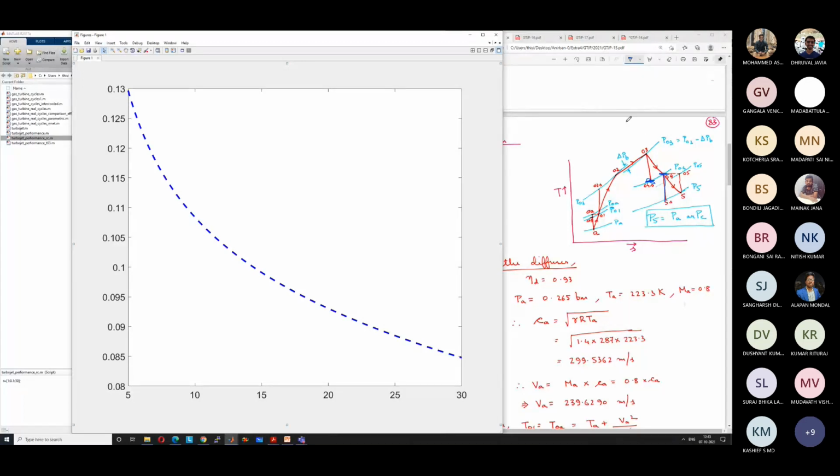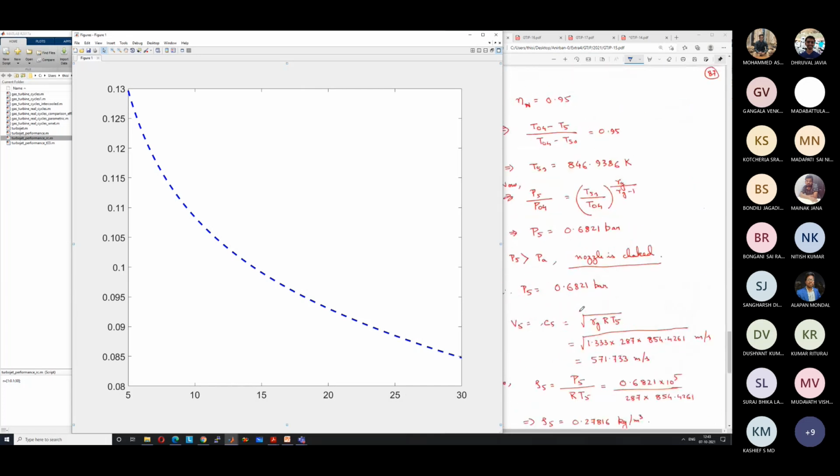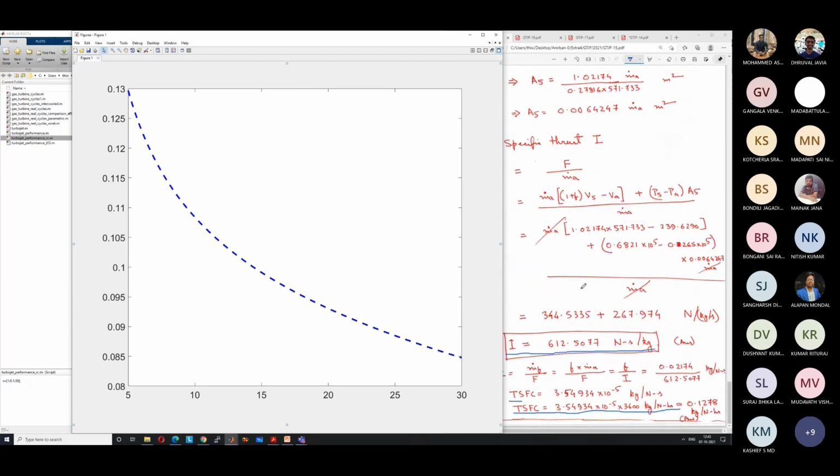So nowadays, typical turbojets actually operate with quite a high compressor pressure ratio, not in the range of 5 to 10, but around 20 or even higher. And in our problem, what was the value that we had obtained? Although it was obtained with Mach 0.8, we had obtained a value of 0.1278. At 8, so at around this point.